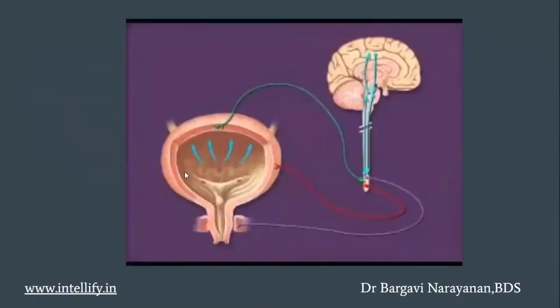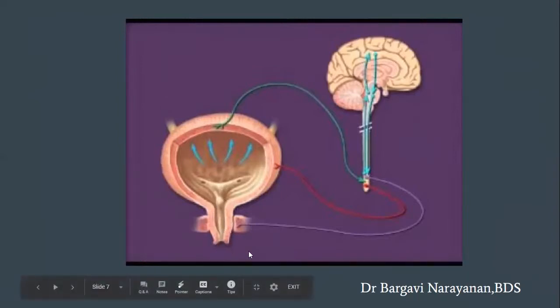So the urinary bladder keeps on storing the urine, and there is going to be stretching of the bladder, the smooth muscles of the bladder. The stretch receptors are going to be stimulated. It sends a signal to the central nervous system. The central nervous system is going to send motor signals back, which is going to cause the contraction of these smooth muscles and relaxation of these sphincters, and hence there is going to be micturition.